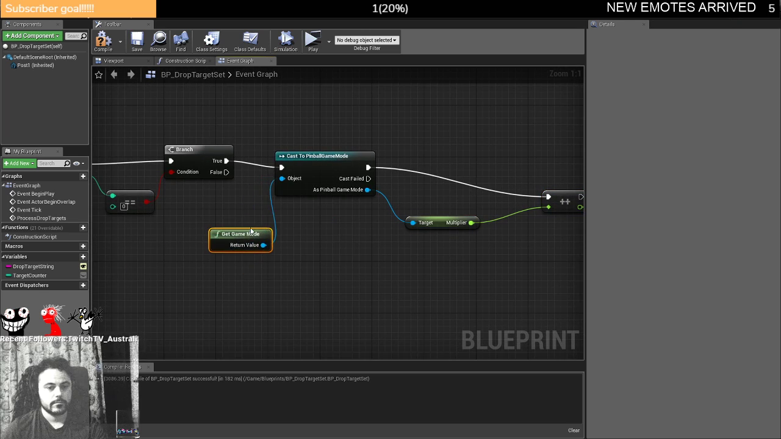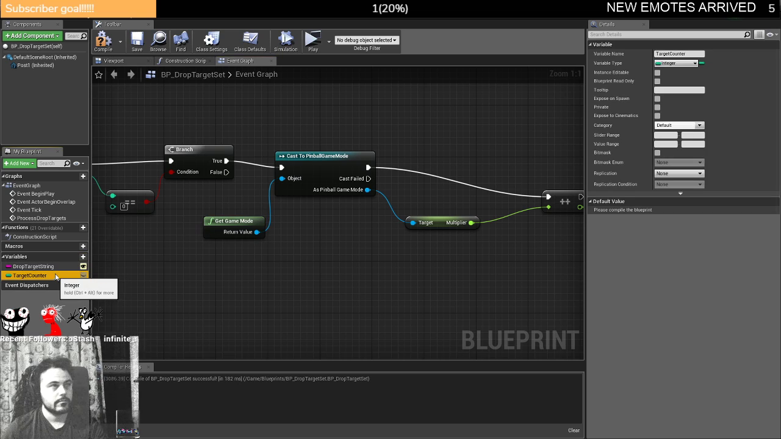Now, this is currently missing something. At the moment, we're never telling the target counter what it should actually be equal to. So there's a couple of different ways that we could do this, but what I think I should actually do is add one more quick custom event, which is going to be in the game mode, which when we reset,